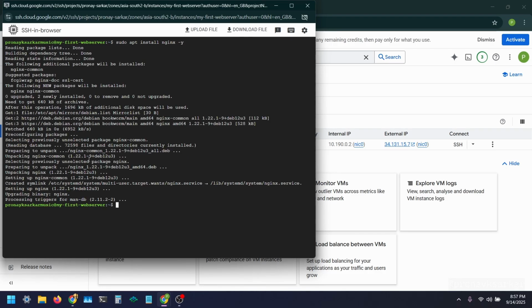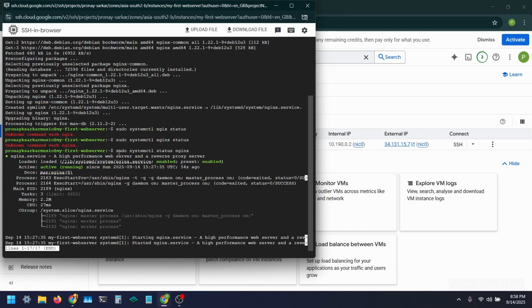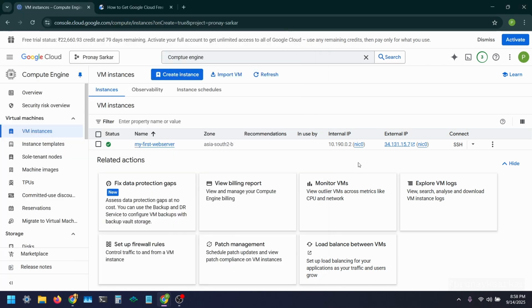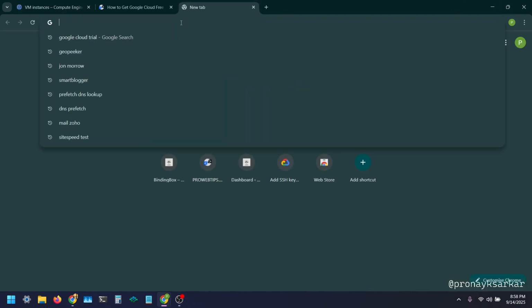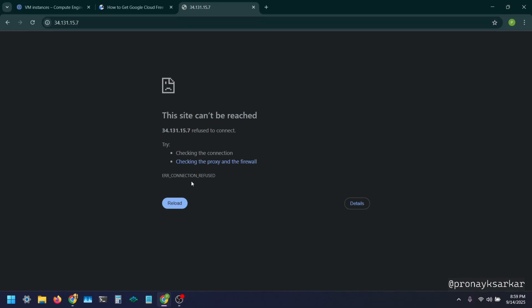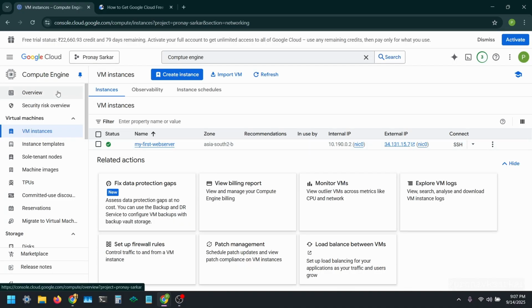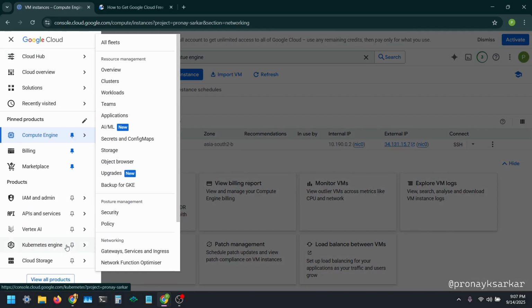You can check the web server status. The command would be sudo systemctl status nginx. It's enabled and active and running. So now to check whether we can access the web server or not, copy the external IP and open it in your browser. So let's do that. It's showing an error, connection refused. So guys, head over to the navigation menu, click on VPC